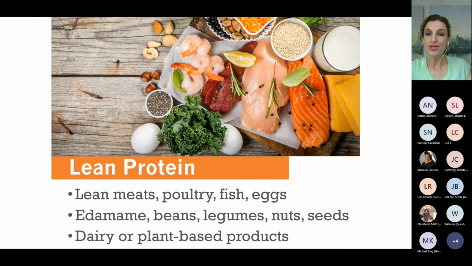All right, so as we move around the plate, protein. Now, I'm sure a lot of us have heard it's really important to have lean protein in our diet. Of course, lean means that it has a lower amount of saturated fat. And so this is going to be beneficial for your heart health, but our lean protein sources are also a source of tryptophan. And this is an essential amino acid, meaning your body can't make it. We have to obtain tryptophan from our dietary sources.